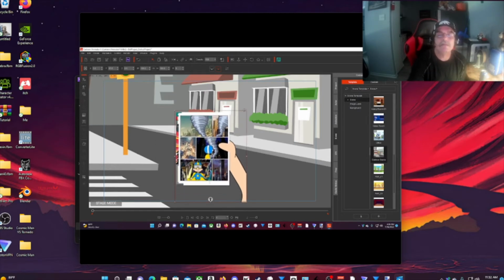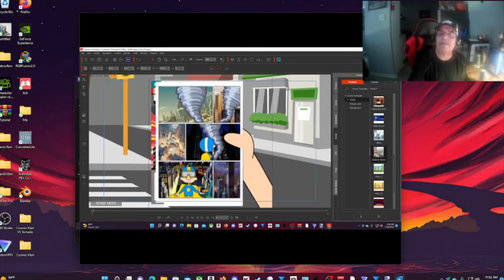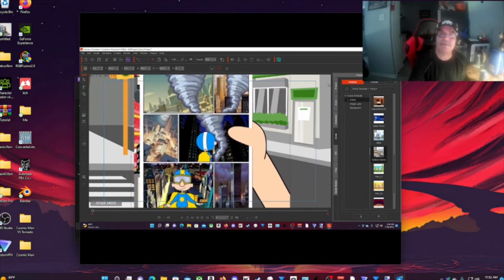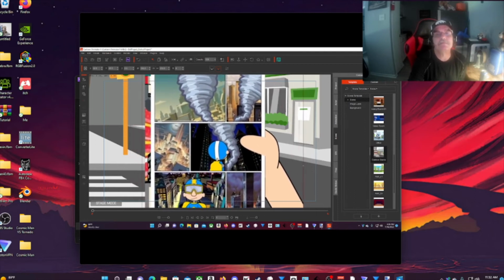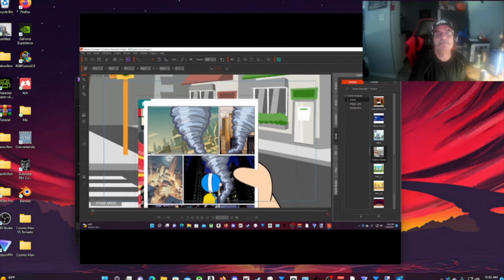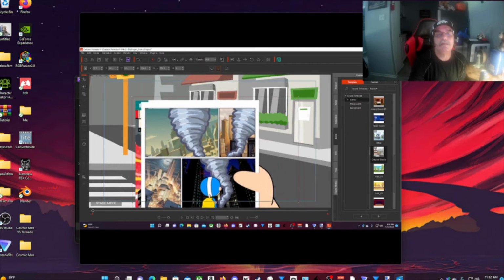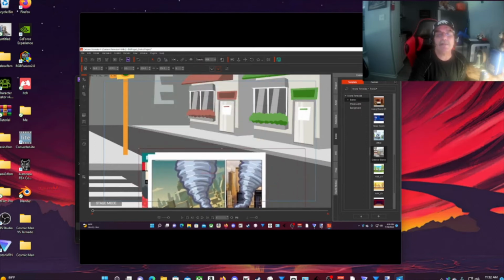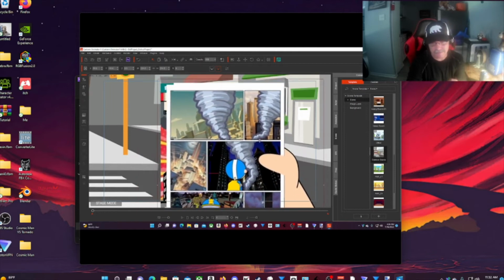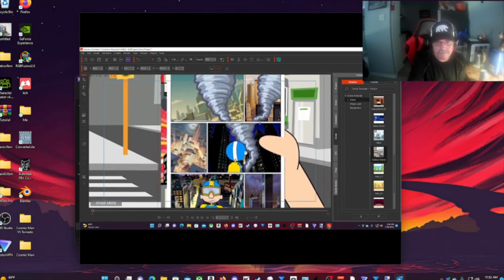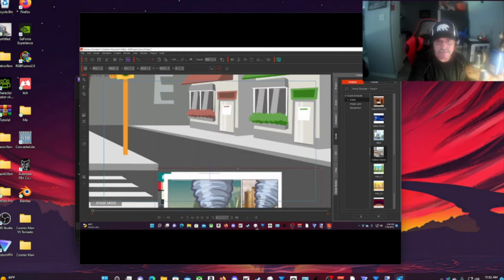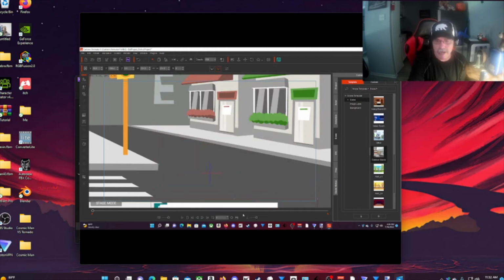I'll scale it up to size to where I think looks good. Once I do that, I put it in the place where I think best suits the position, and I'll move it to the bottom.